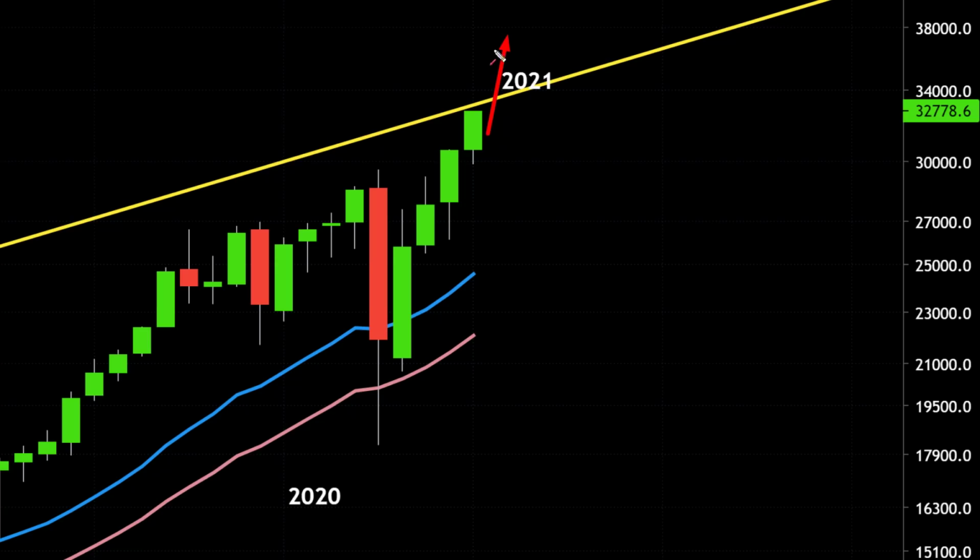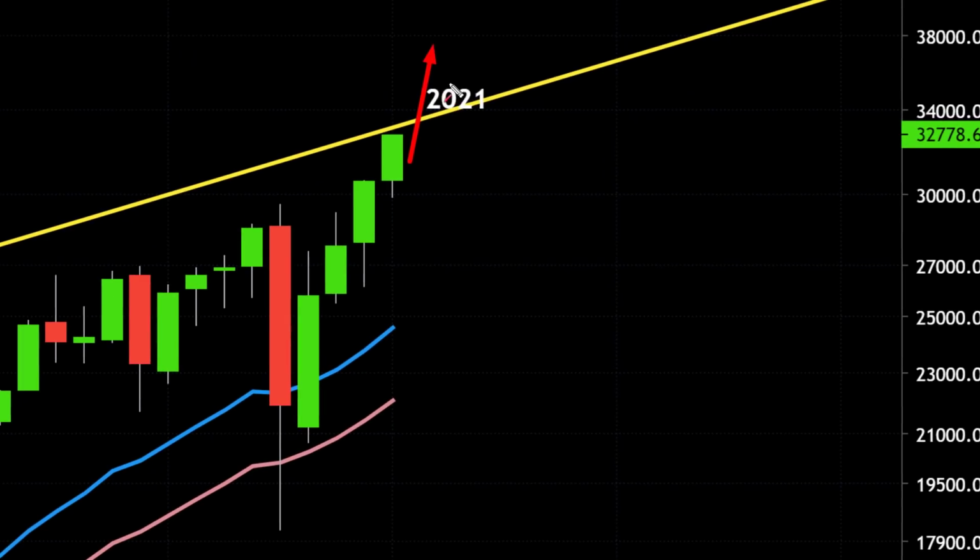Let's say the Dow does that over the next few weeks and months. And then very soon after, it closes back below it again like this, especially if we see follow through lower, let's say below the 32,000 level, then that could actually start a major correction in the price action.